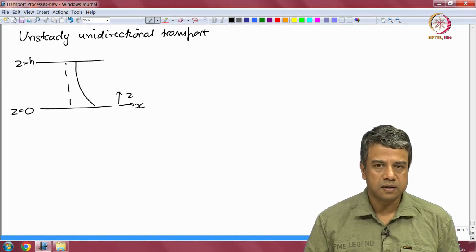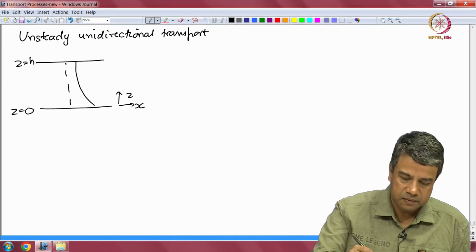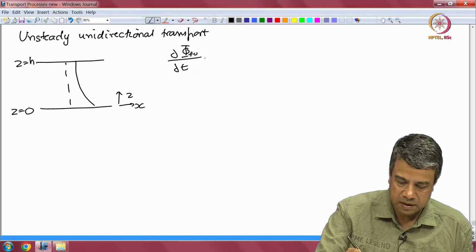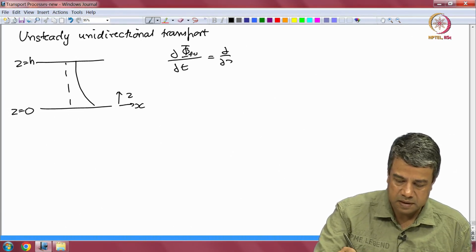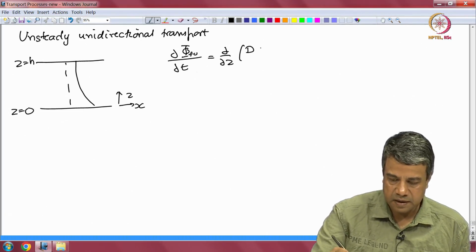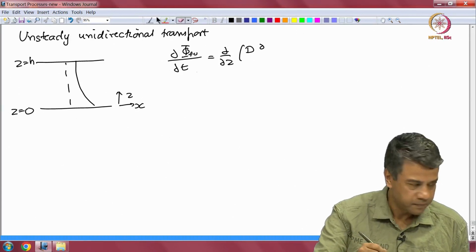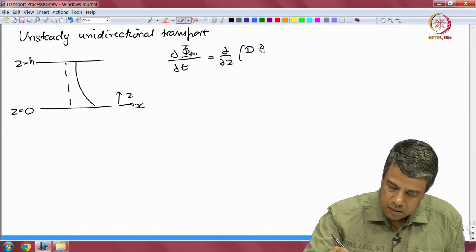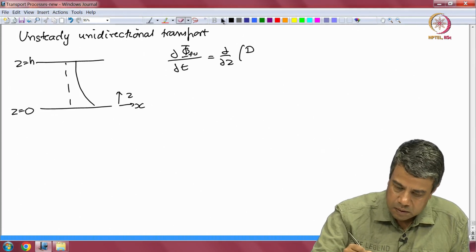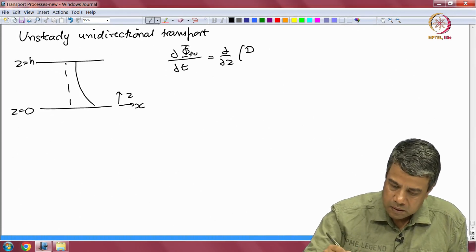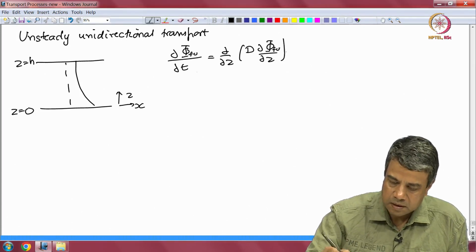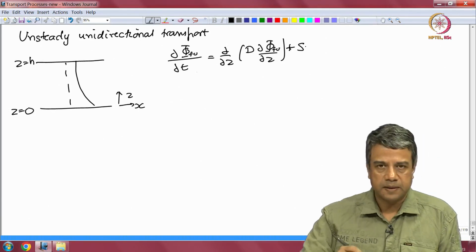And the general solution that we had got for the field variable was of the form partial of phi field variable by partial t is equal to partial by partial z of the generalized diffusivity times partial of the field variable by partial z plus the source, okay,